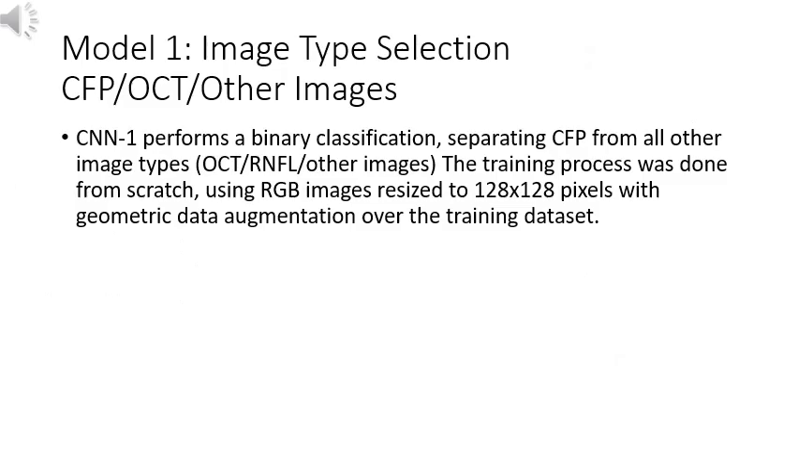Model 1, Image Type Selection, CFP/OCT/Other Images. The CNN1 performs a binary classification, separating CFP from all other image types, OCT/RNFL/other images. The training process was done from scratch, using RGB images resized to 128 x 128 pixels with geometric data augmentation